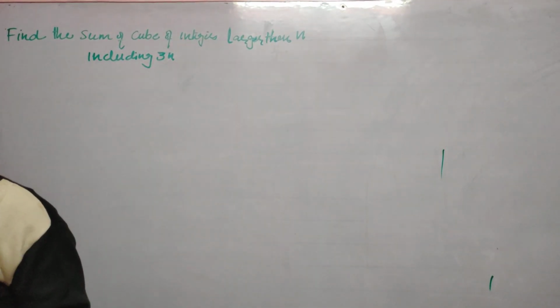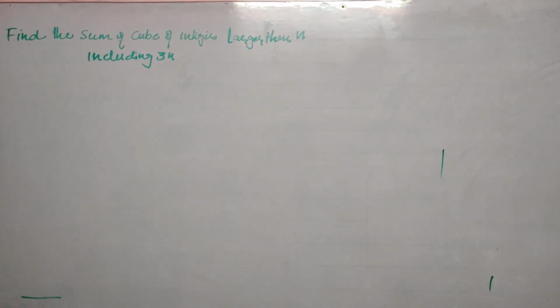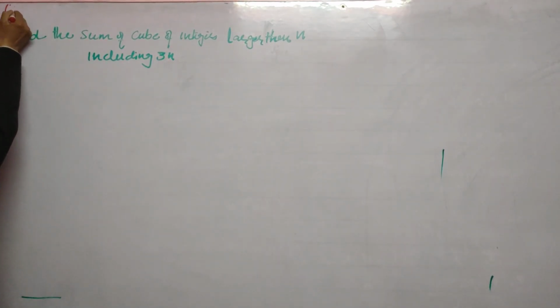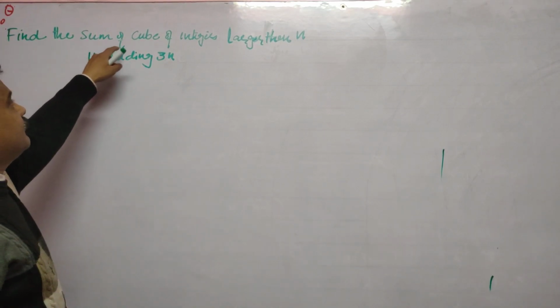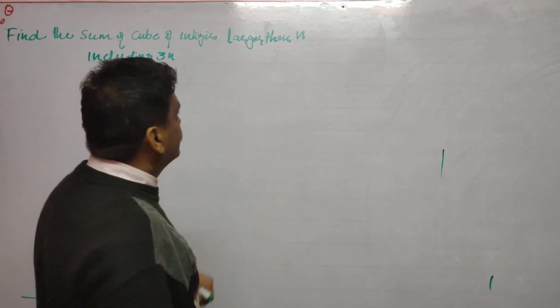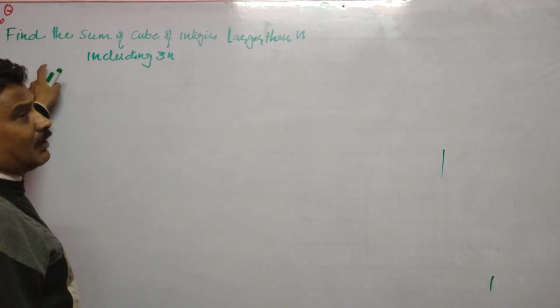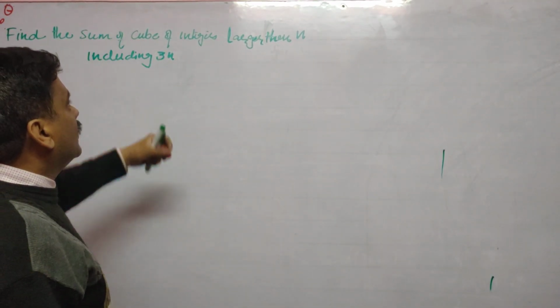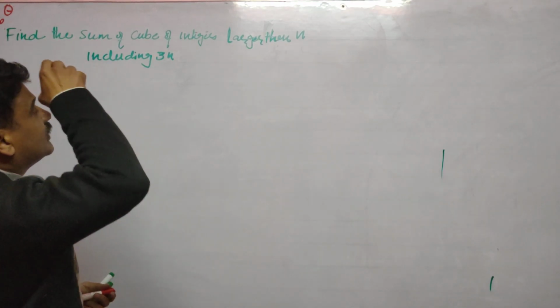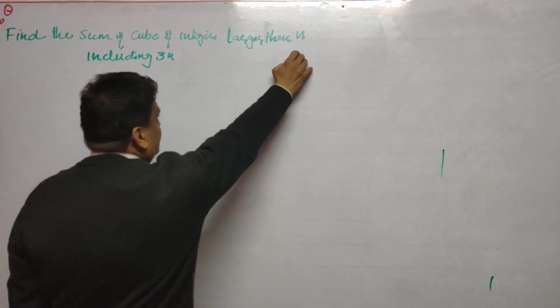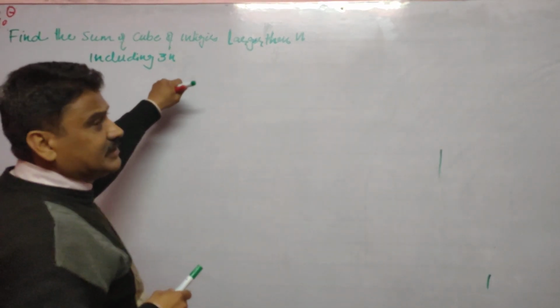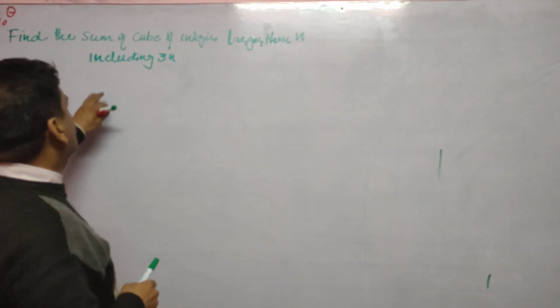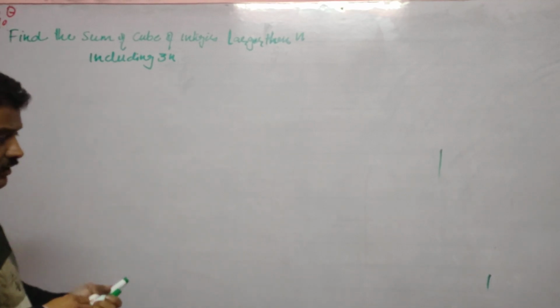Hello dear. In this question we have to find the sum of cubes of integers larger than n, including 3n. For example,